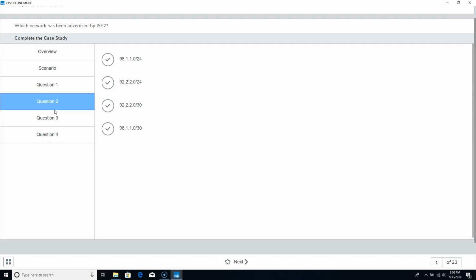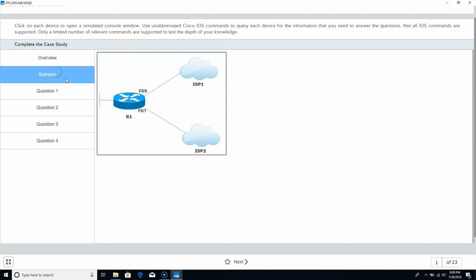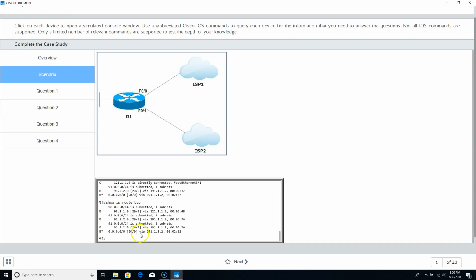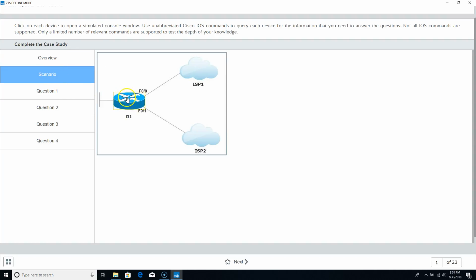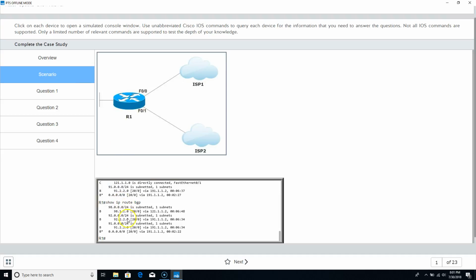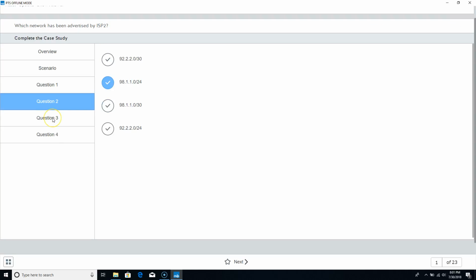ISP2 is 121, right? So 121 here is advertised by 198.1.1.0. Okay. Show IP route BGP. It says in the /24 network. Yeah, /24 network. Okay, so question number 3,